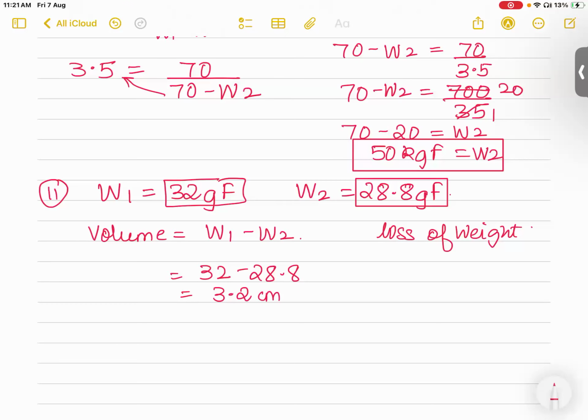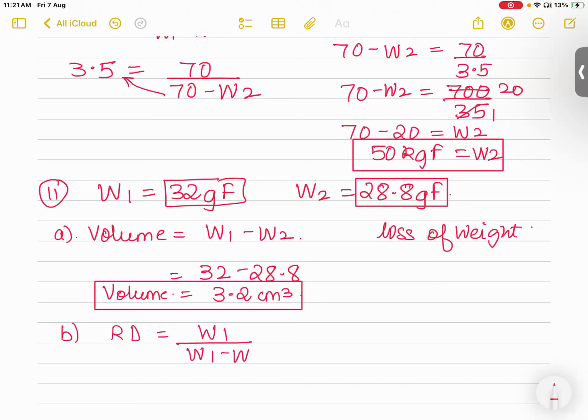And I will write it as centimeter cube. The reason is that my weights are given in CGS, so my volume should also be in CGS. This is part A. After getting the volume, students, the second thing which was required was RD. Now you guys are experts. We know that RD is equal to W1 upon